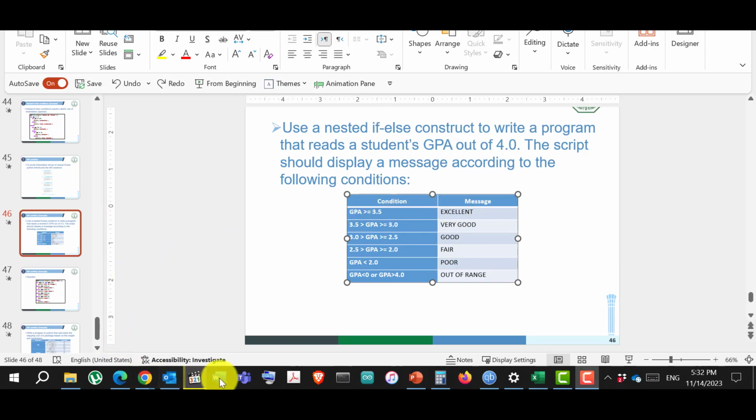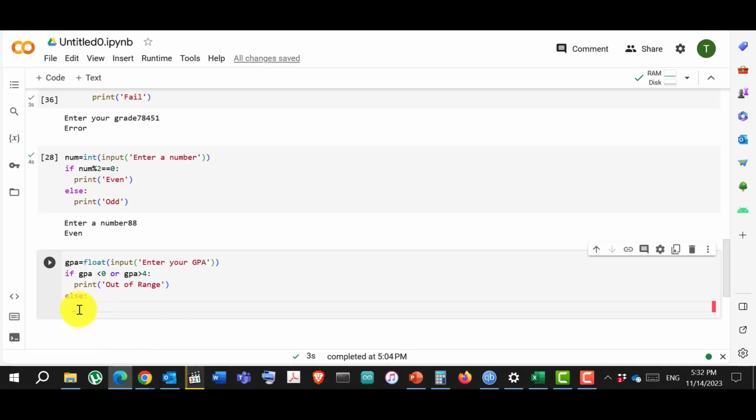So what I will do is I will type here in the else, nested else, I will type a new if GPA is greater or equal to 3.5. If this is true, I'm going to print the message that is excellent. So I will print the message here excellent, and now when I press enter, notice I'm still inside the if condition, so I have to move back